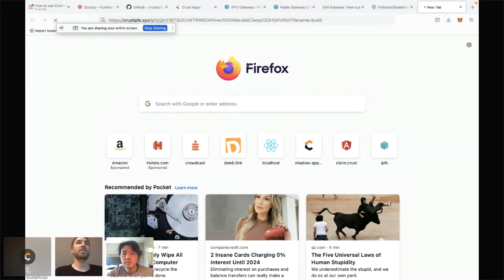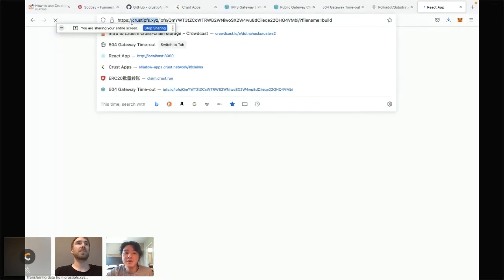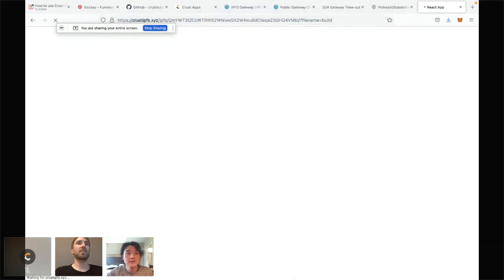And you can actually replace this IPFS gateway with any of them, and it will allow you to access your website from